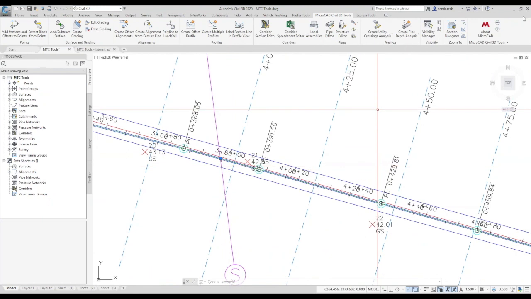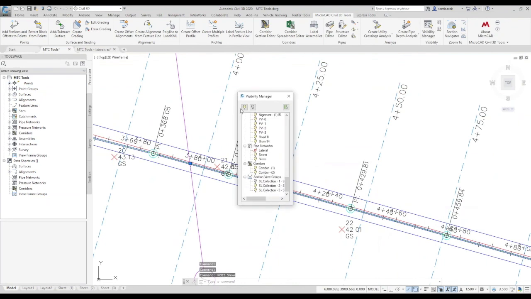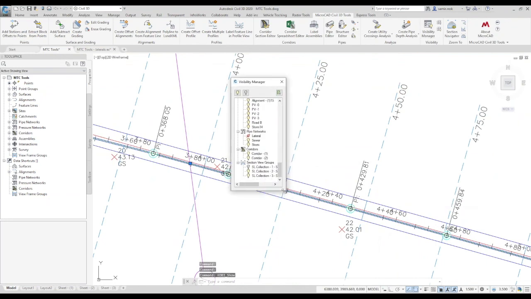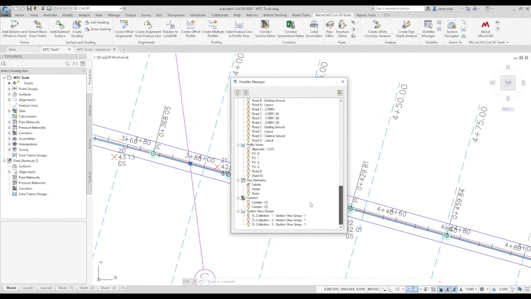All right, thank you. And I would like to show you the last thing here is the visibility manager. This helps a lot with controlling the visibilities of a lot of the Civil 3D objects. And usually you have to either freeze the layer or go and change the style. So this one, you got all the Civil 3D objects and you simply just need to go and click the light bulb here and